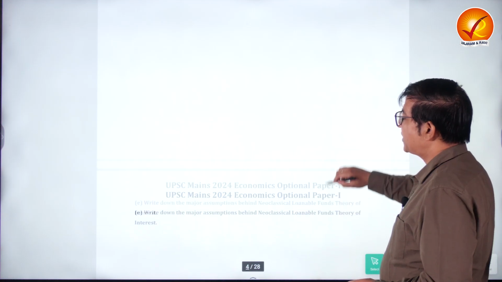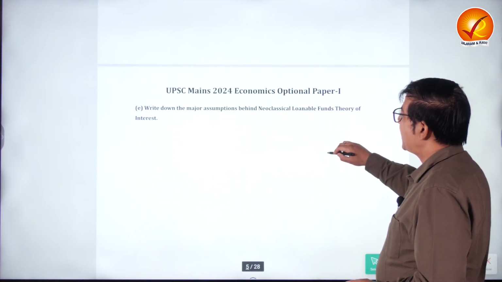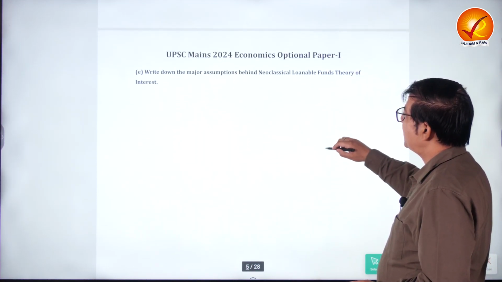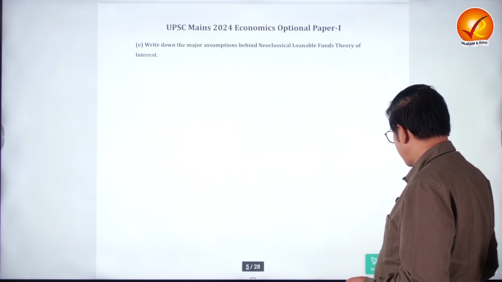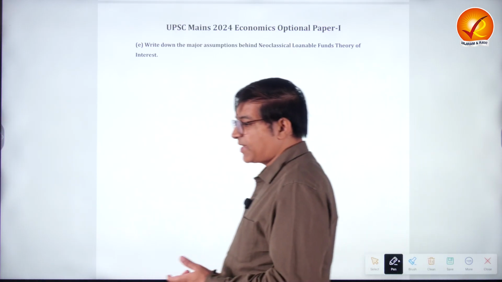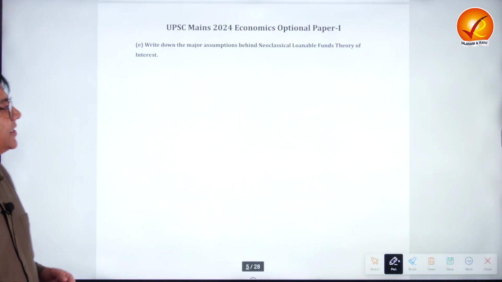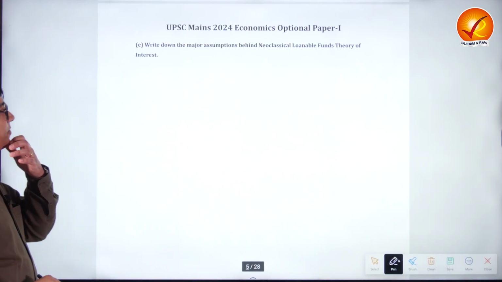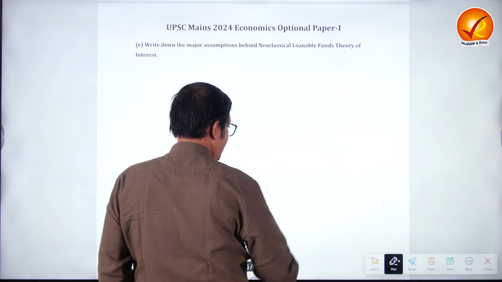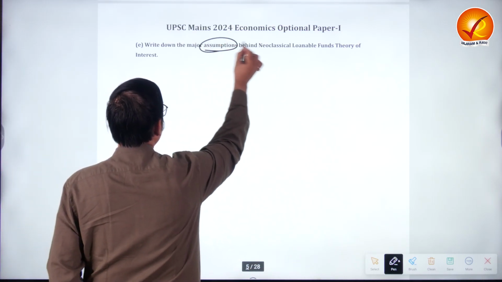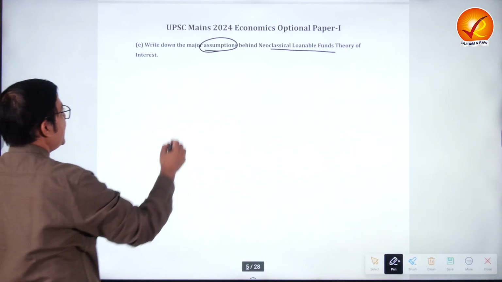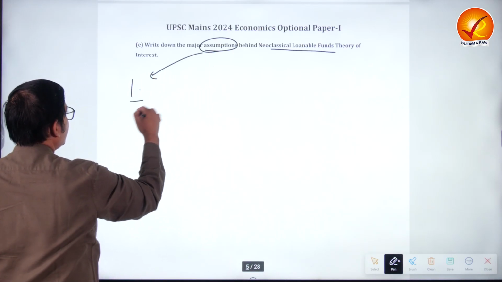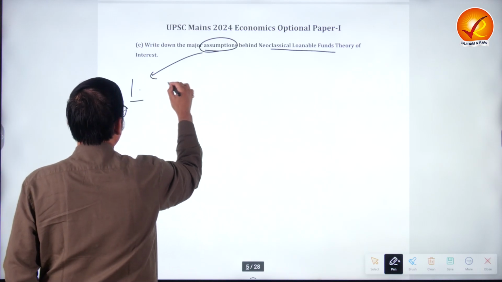The last one of the compulsory questions was, write down the major assumptions behind the neoclassical loanable funds theory of interest. So this is again a question on classical macroeconomics. Somehow this year classical macroeconomics is more into it. The question is just asking assumptions, so you have to be relatively brief on that. In assumptions, you can talk about the facts like